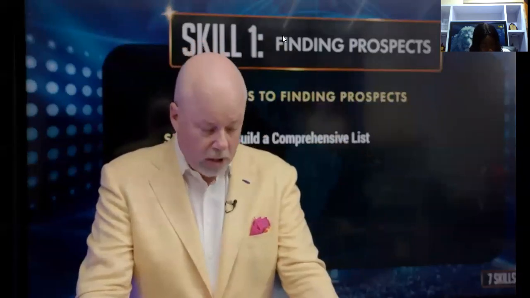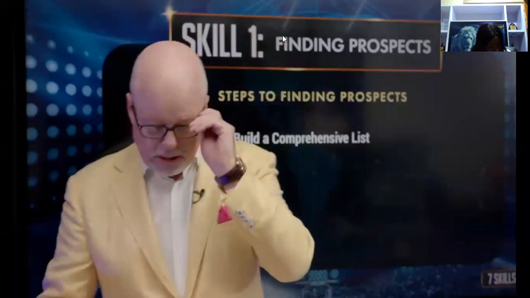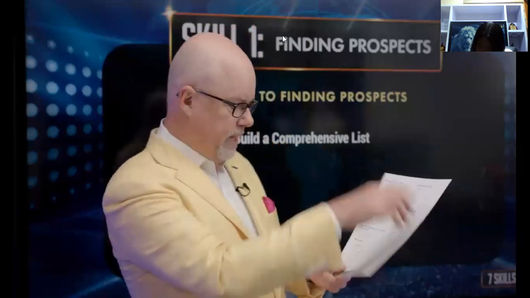Now this could take some work. And I want you to use this memory jogger to think of people you might have missed. And if you'll see in here, there are all these categories. It's something like 90 categories or something like that.